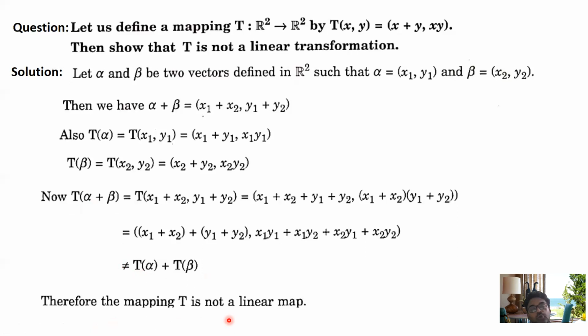Okay, so the first question is based on two conditions to prove whether your mapping is a linear transformation, yes or no. The second problem is based on the combined formula, and in this third question we have proved that the mapping is not a linear transformation. Suppose you have a question in your mind, if you want to use the A alpha plus B beta formula, yes you can, no problem. Okay, anyone?